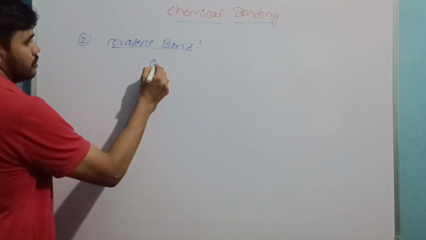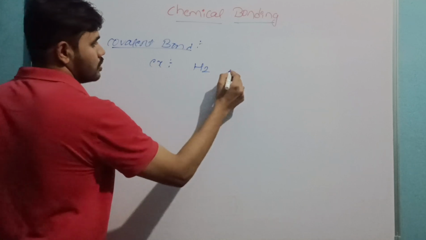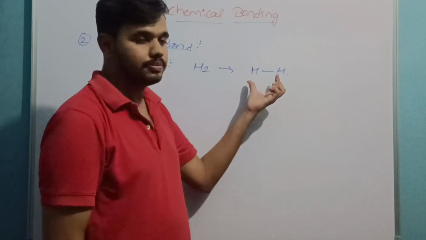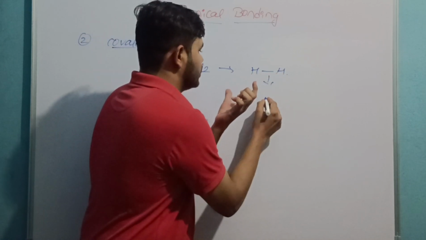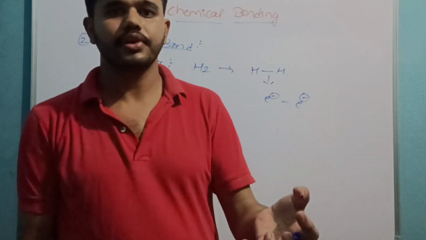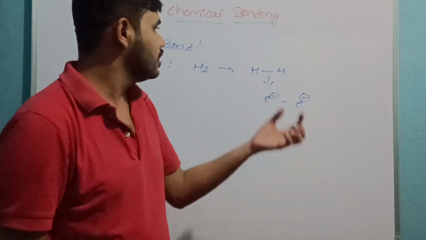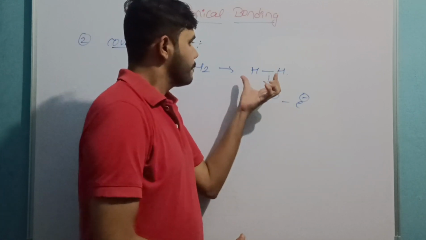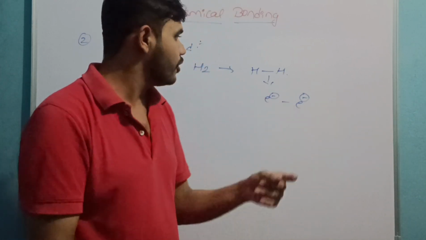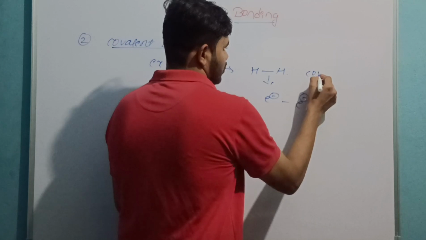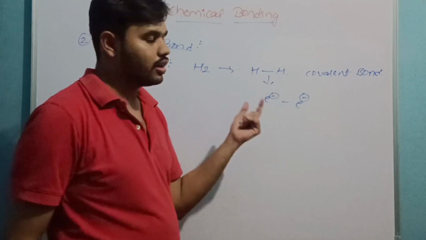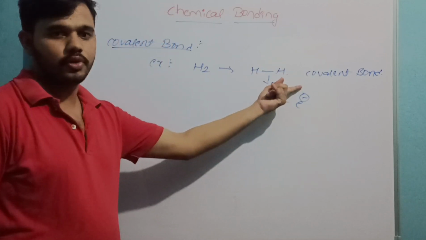Covalent bond. Example, H2. Here the bond between two hydrogen atoms occurs by sharing of two electrons. One hydrogen atom will share one electron, another hydrogen atom will share another electron, and the bond formed by mutual sharing of electrons is called covalent bond. Third one,